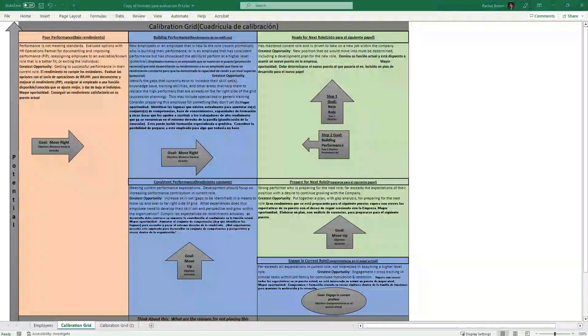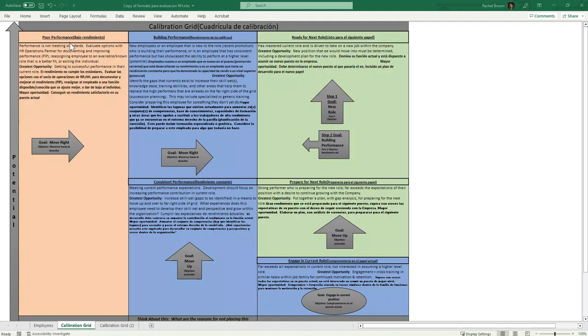I'm excited to walk you through our performance process and calibration grid this morning. Over here on the screen, you're going to see what we call a calibration grid. This is how we start the performance management process. We take all of your employees, and you're going to try to figure out which box their performance best fits into. So to start out, on the far left side, we have what we're calling needs improvement